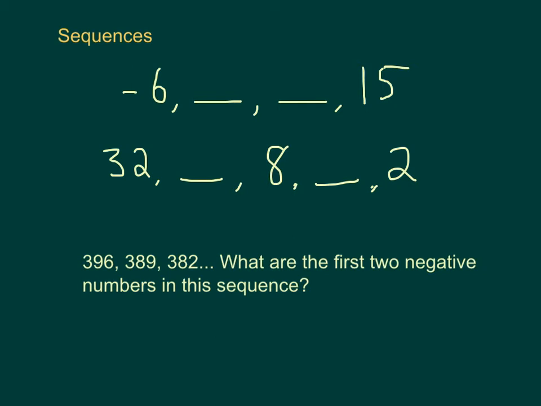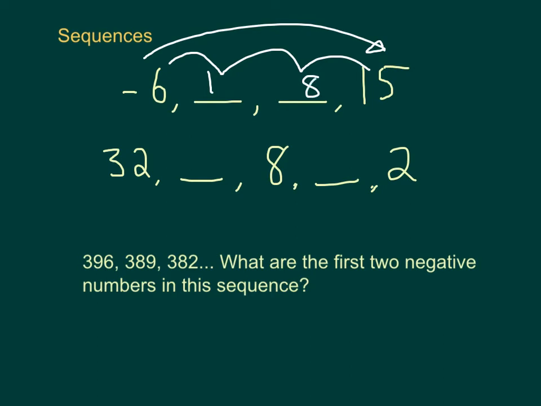So for the first question, you need to recognise, first of all, the gap between -6 and 15 is a gap of 21. And then it's crucial to realise that's 1, 2, 3 jumps to get there. Each jump must be a jump of 7. 21 divided by 3, 7. So 1, 8, and I now must be right,